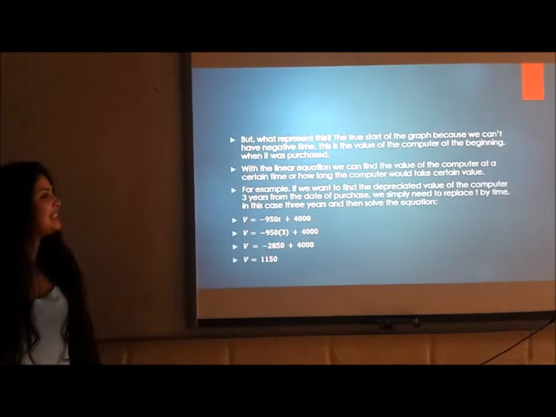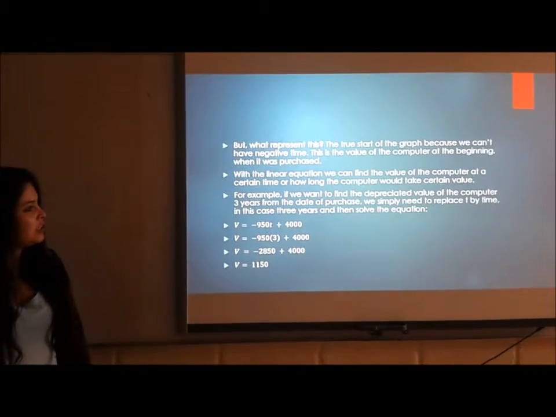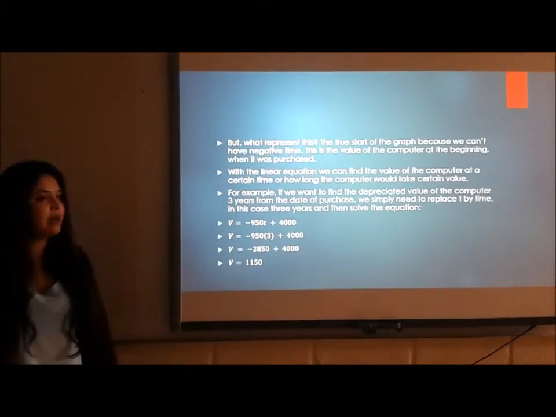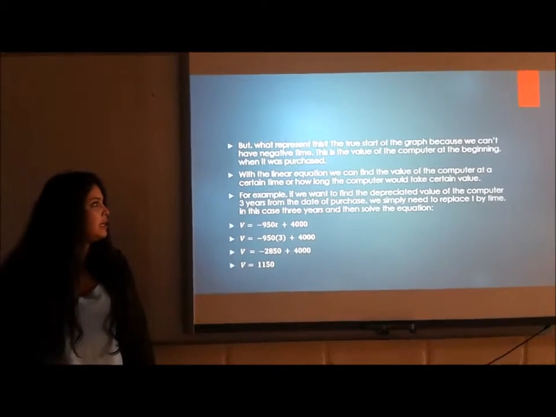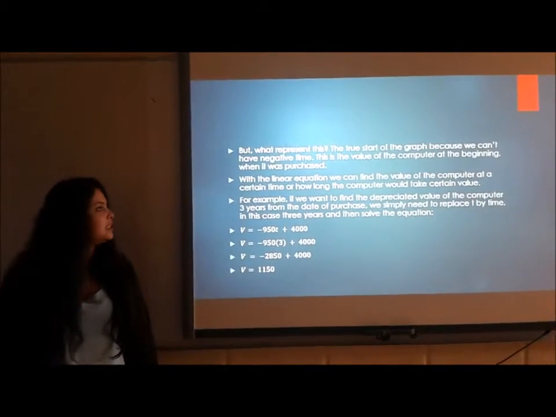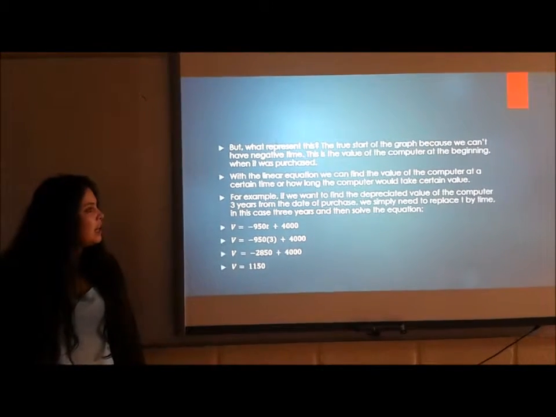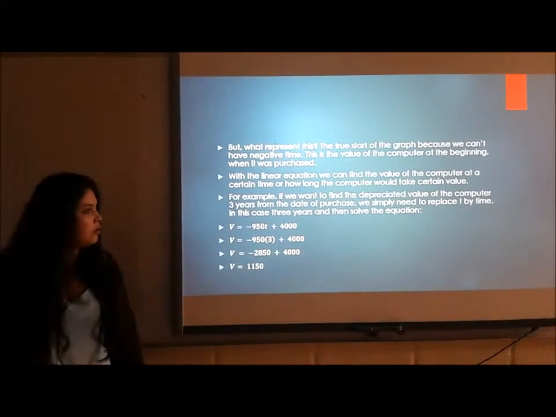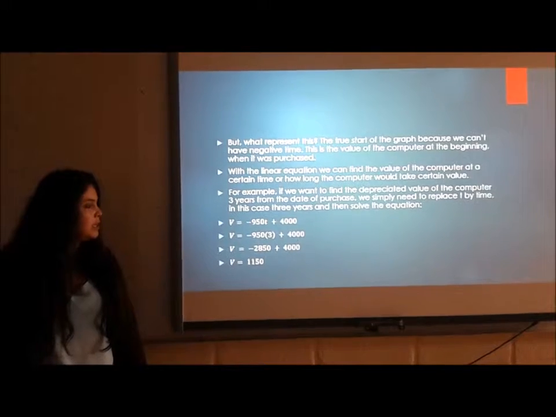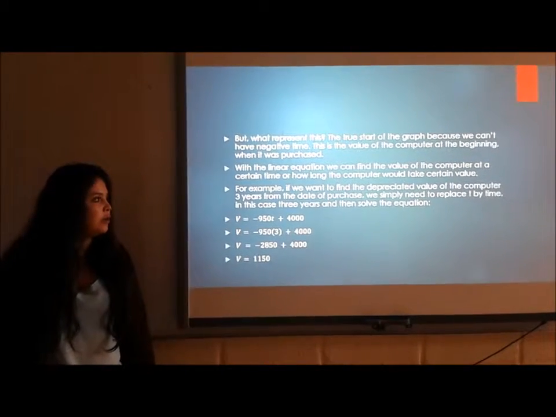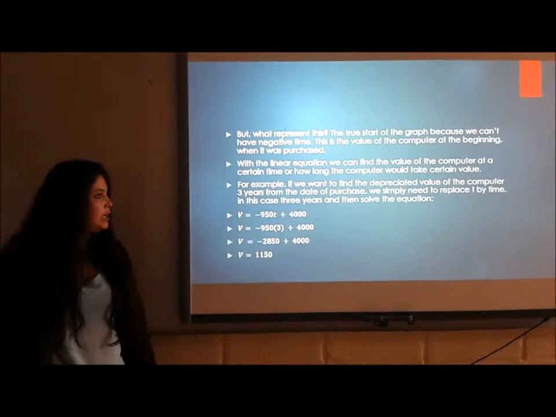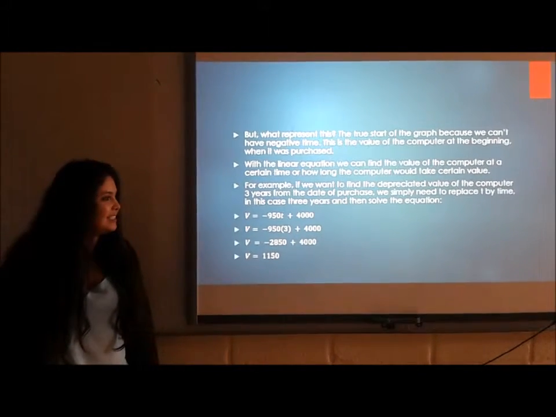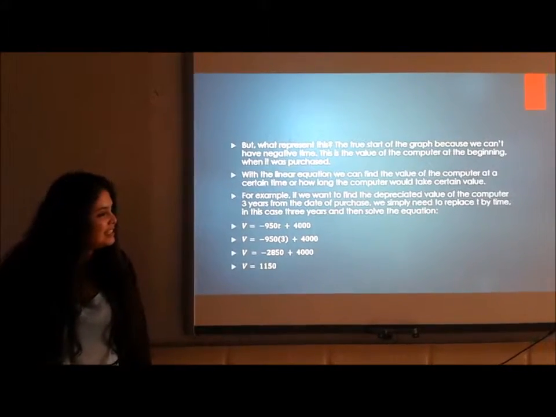But what does this represent? The true start of the graph, because we cannot have negative time. This is the value of the computer at the beginning when it was purchased. With the linear equation, we can find the value of the computer at a certain time, or how long the computer will take to reach a certain value. For example, if we want to find the depreciated value of